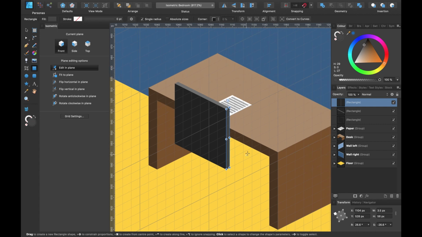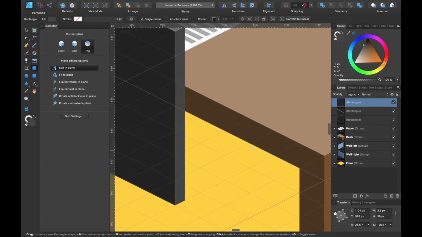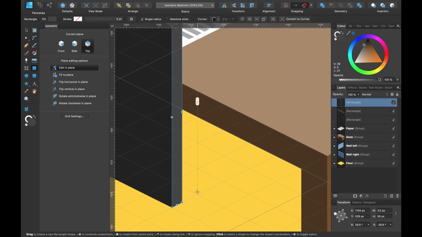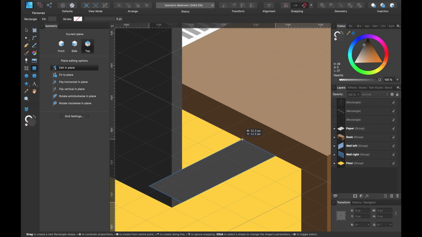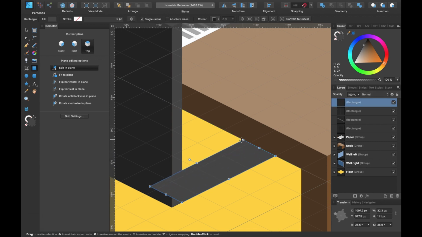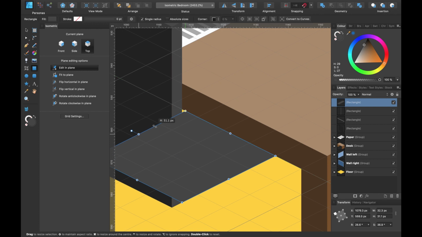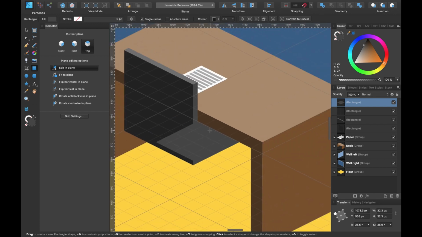Let's create the seat. So we'll head to top, and you can see how this is all working. Head to top, press escape, click the corner, drag up to about there, click and drag to here. It's on top of our shape here, so we don't want that. So I'll click it in the layers panel and drag it to the bottom layer of our chair. I'm going to make this dark as it's under the desk.